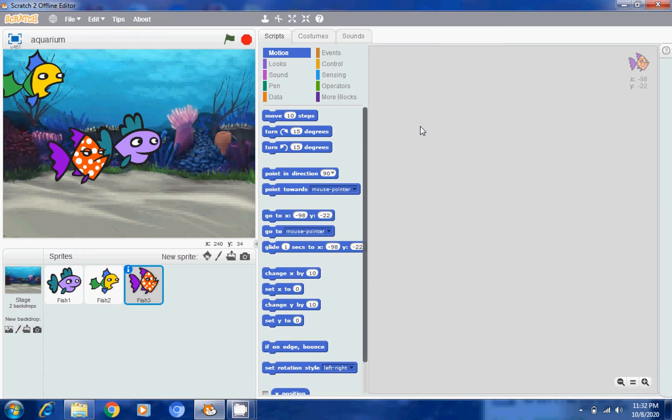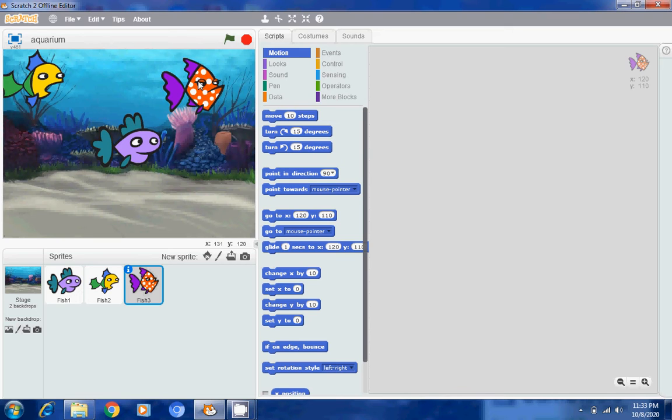Fish 3 I have taken. Now we have 3 fishes in it. Let's make them at different places. Okay, now we have taken the sprites and the background.